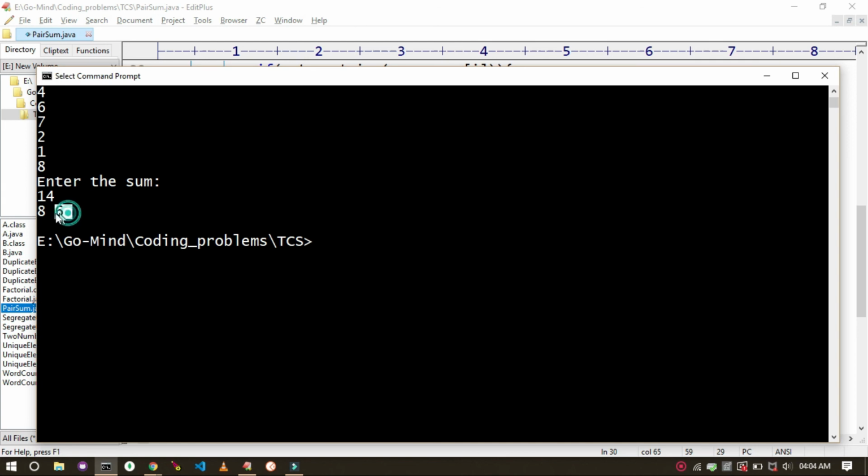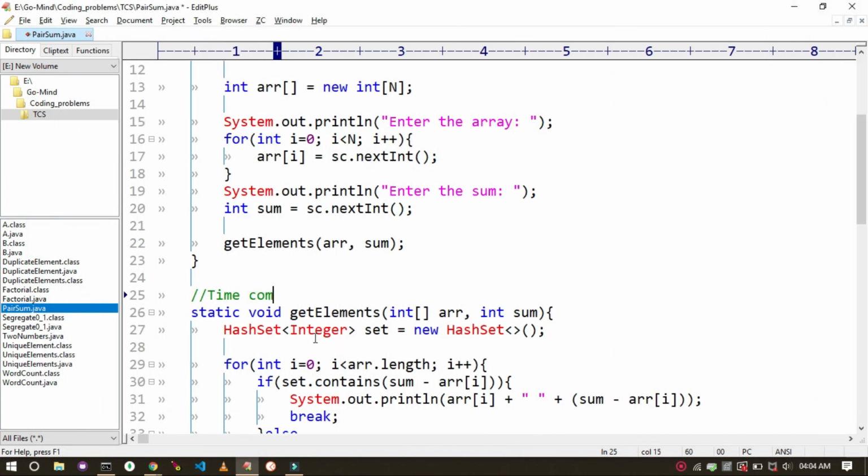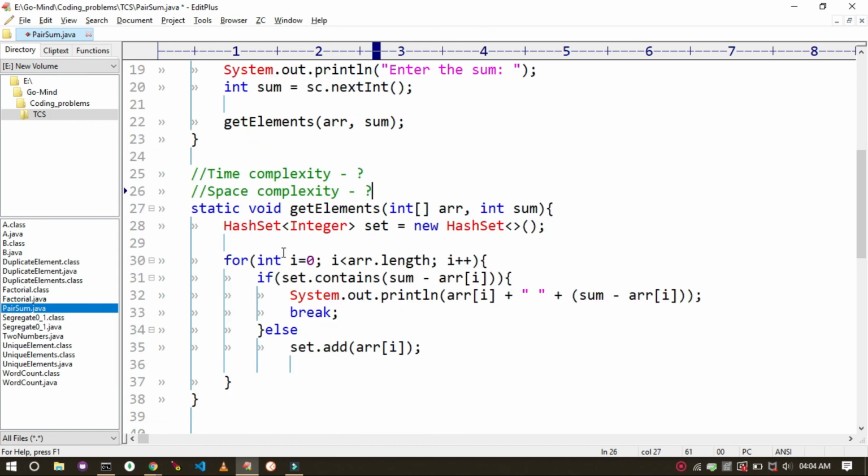Okay, so here's a task for you. You have to tell the time and space complexity for this solution. Okay, I'm not telling this here. Walk through the solution and see what's the time and space complexity for this solution. And if you are not able to find out, then tell me in the comment section. And if you are able to find out, then also tell the complexities in the comment section. Okay, so I can help you.